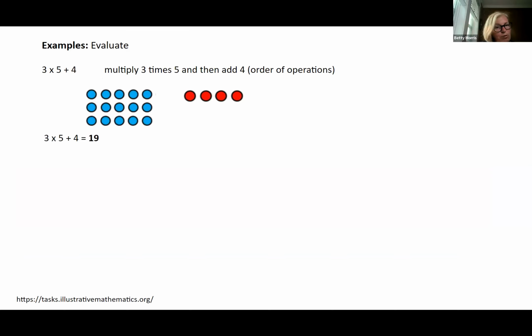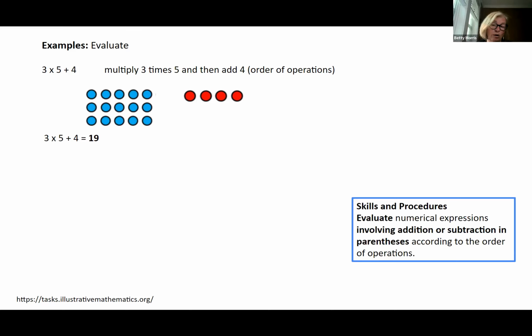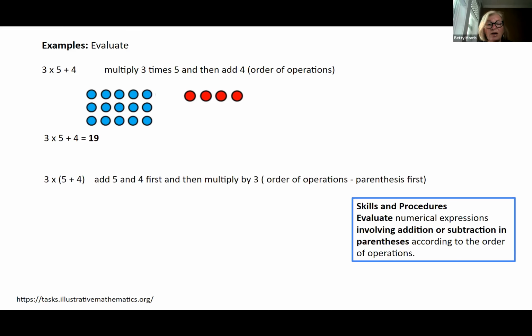Look at me. I put 3 × 5 + 4 = 19. I shouldn't say I even do it. We all do it. So the question that was asked about the equal sign, I should have said the value of 3 × 5 + 4 is 19. That's my error, and I have to change this. But now we're going to look at these grade 5 skills and procedures. Now we're going to put the brackets. So we've got the same numbers, but now we've got brackets.